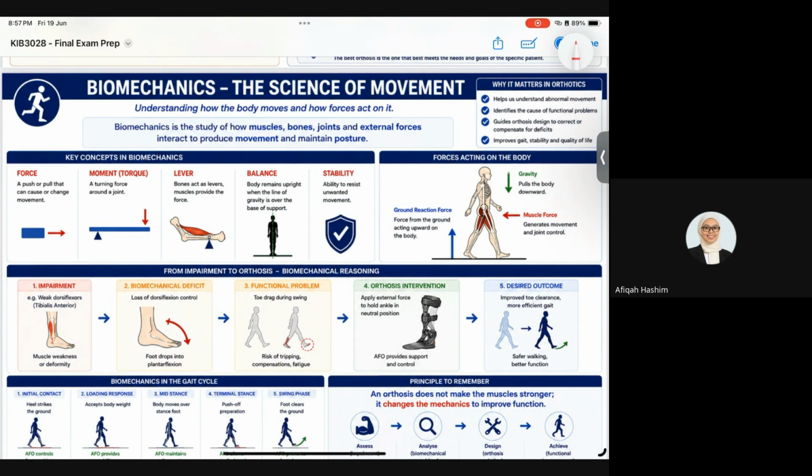So only after you understand the problem, then you should introduce the orthosis. So ask yourself, how does this orthosis change the biomechanics? Don't just say the AFO supports the ankle. Instead, explain what it actually does. For example, the AFO